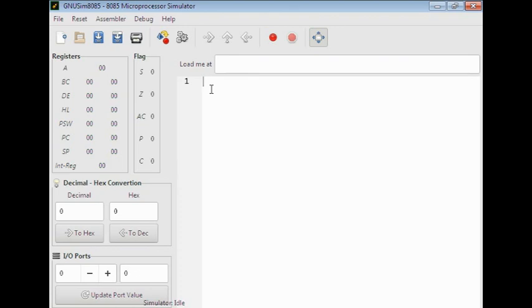First of all, I want to write a simple program to make clear how to compile and how to execute an assembly language program with the help of GNU Simulator 8085. So I start writing the program, and you can write a comment starting with a semicolon, and you can write any statement here like: write ALP